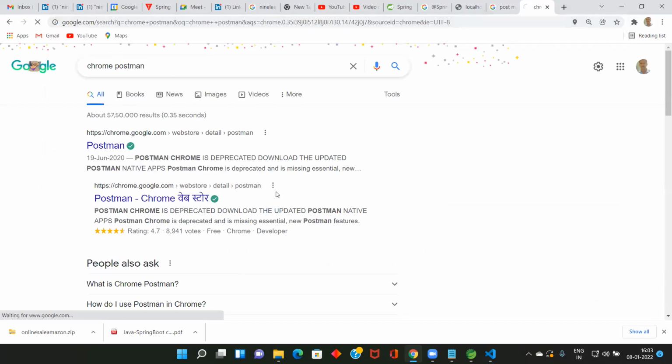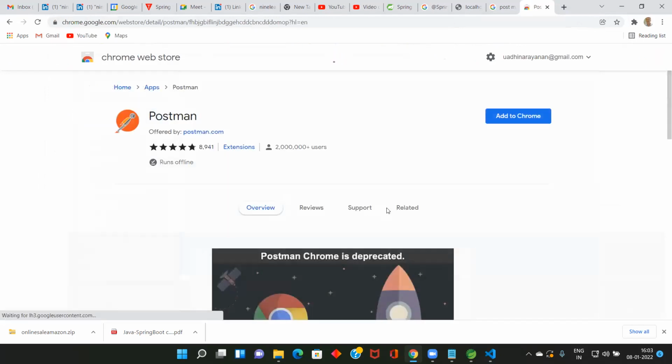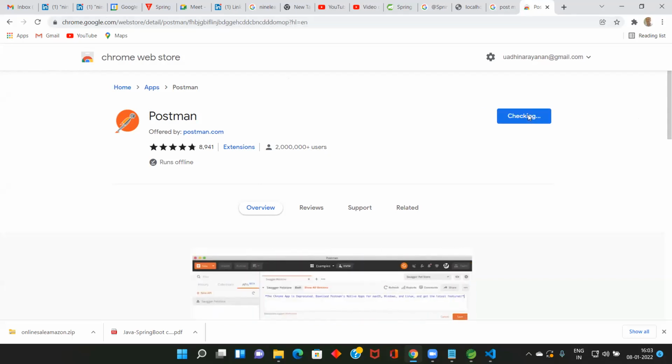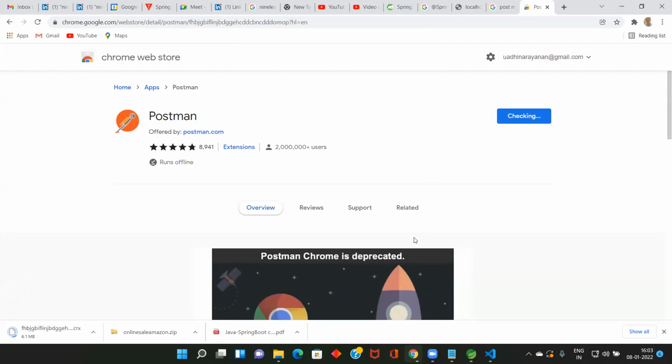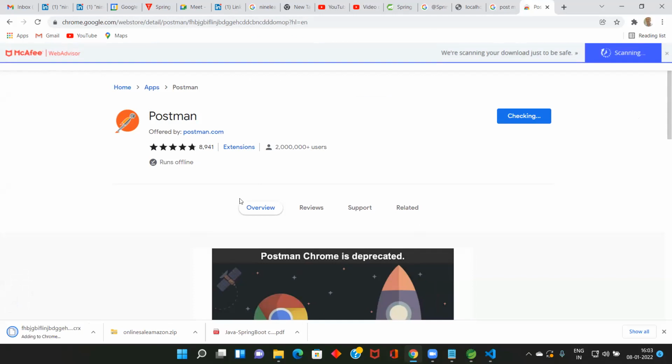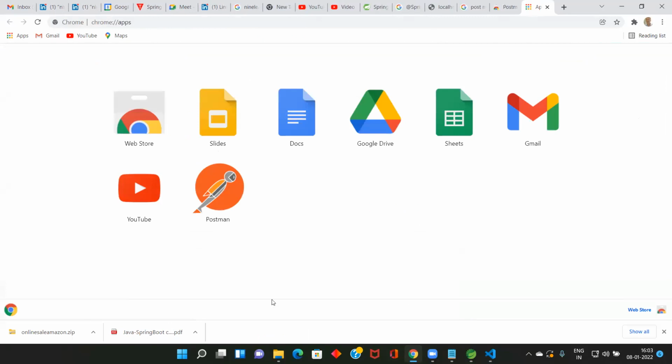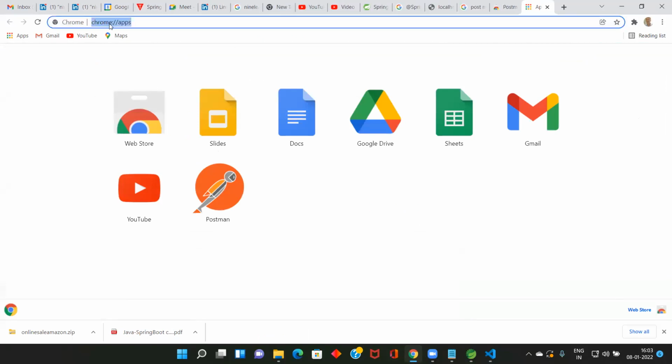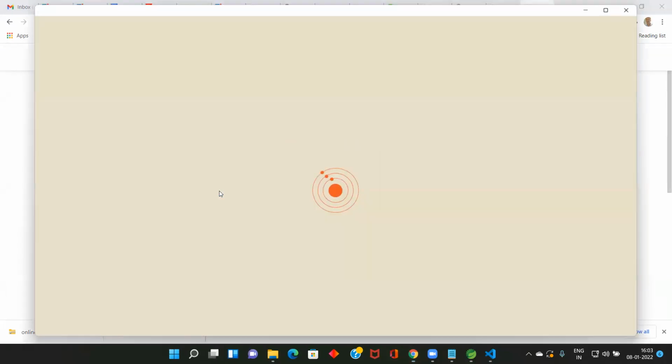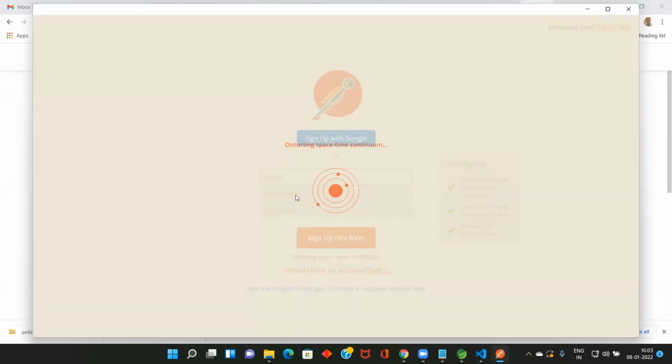If I click this one, see here, we get something like this. Add to Chrome. When you click add to Chrome, add app. See here, I get the Chrome app. Then I click Postman. See, a tool is open.